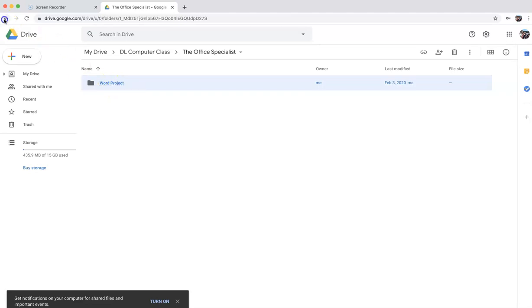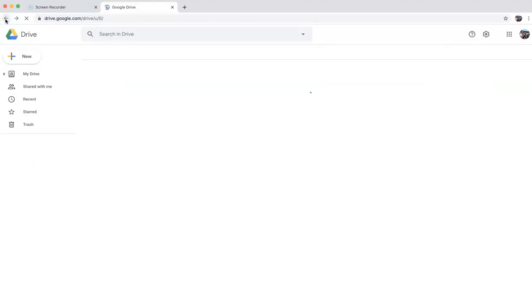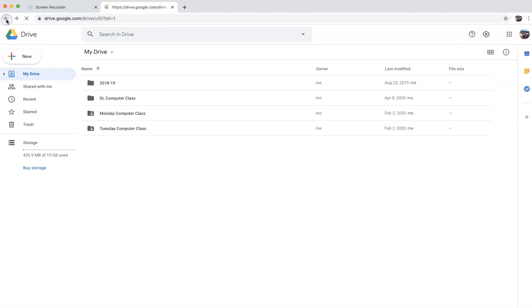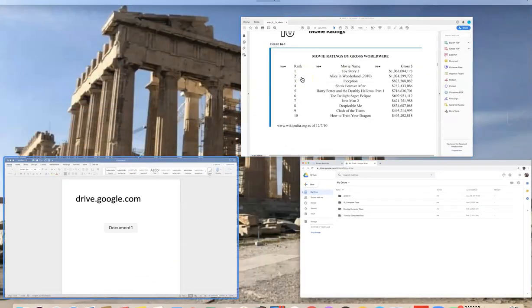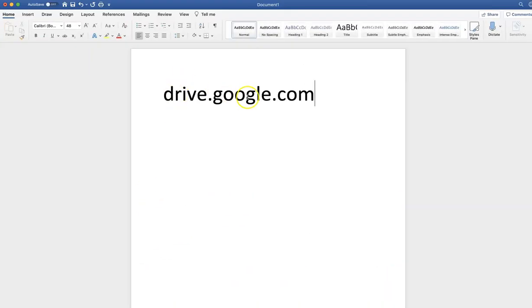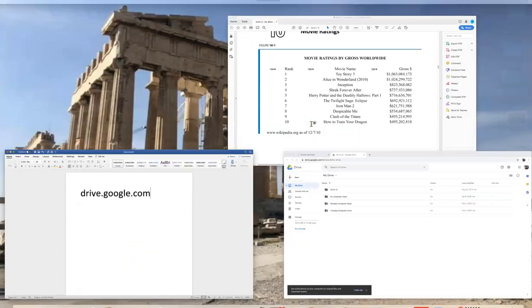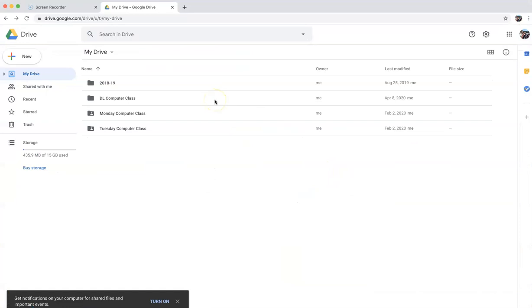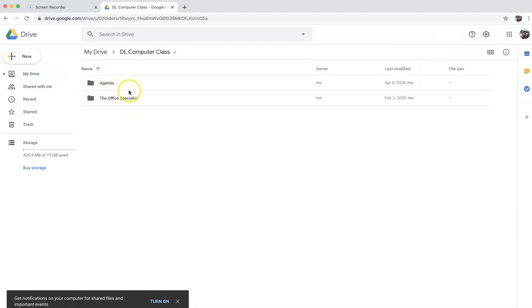So I'm going to go ahead and repeat the steps. So voy a repasar los pasos antes de que usted oprima pause. So first thing you're going to do is you're going to go into drive.google.com. So ingresar a drive.google.com. Then you're going to type in your username, your password, nombre de usuario, contraseña. And then you will go on to this folder, Office Specialist, Word Projects,